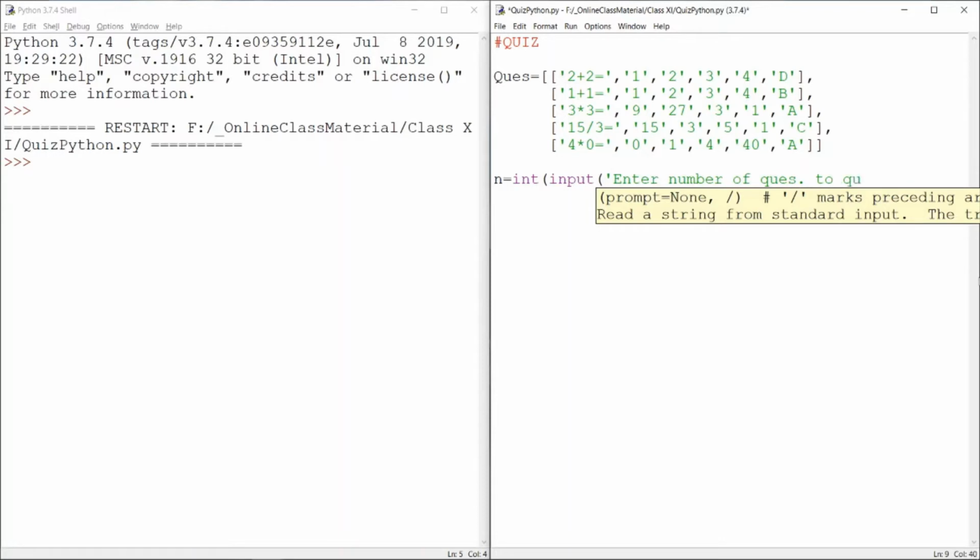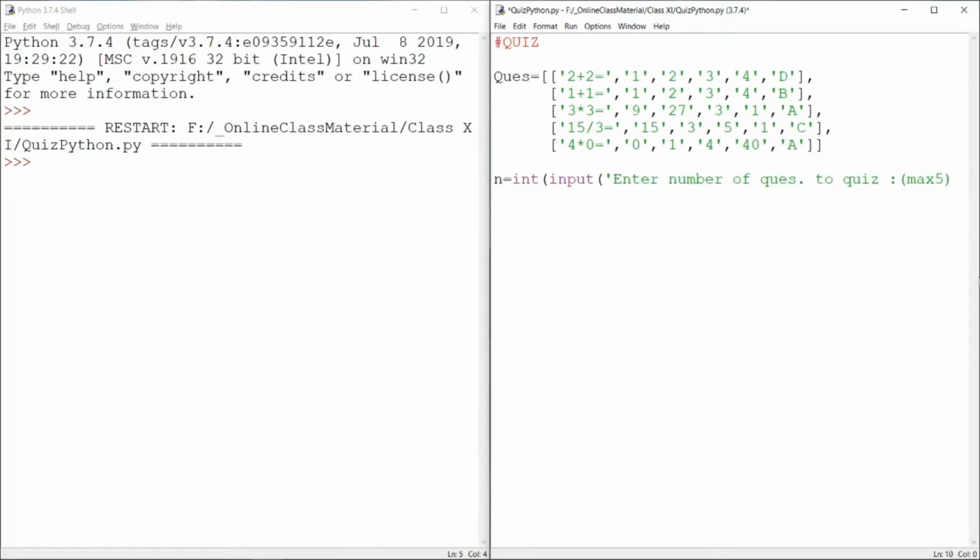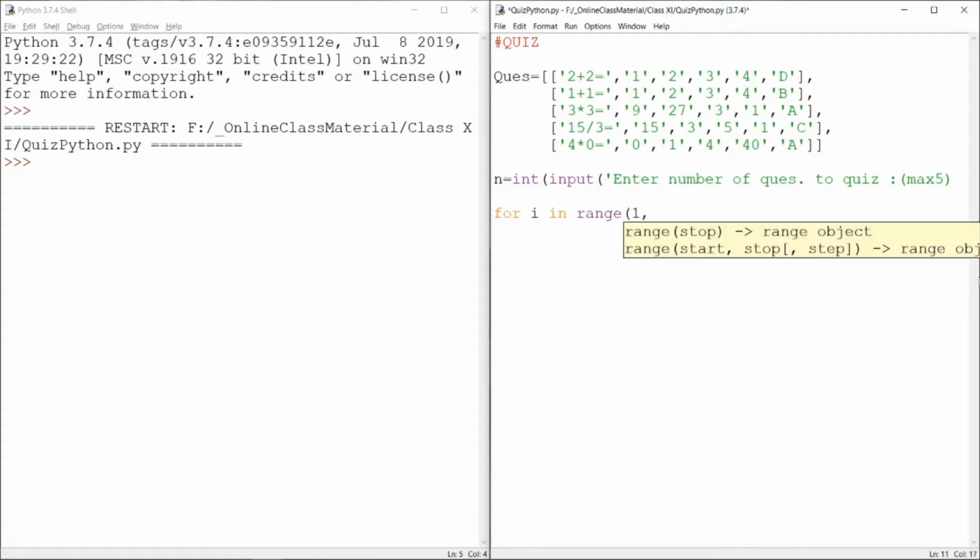You may write here the maximum number of questions you have stored in your data, so that the user knows that okay, maximum 5 questions are there. Now for these many questions we need a loop. So for i in range you can handle. If you want to print the question number also, you can have from 1 to n plus 1, so that you can even print the question number.